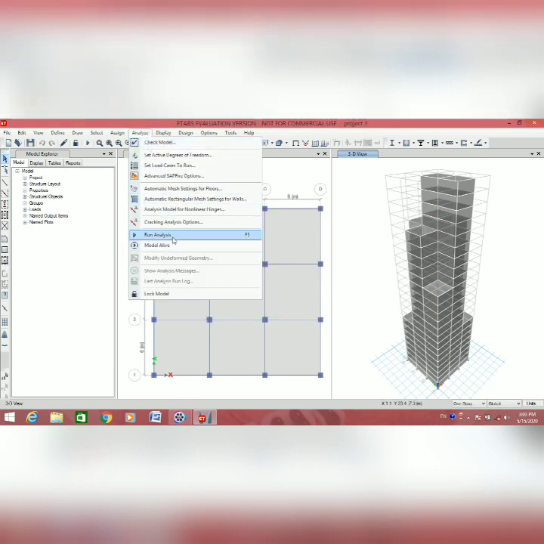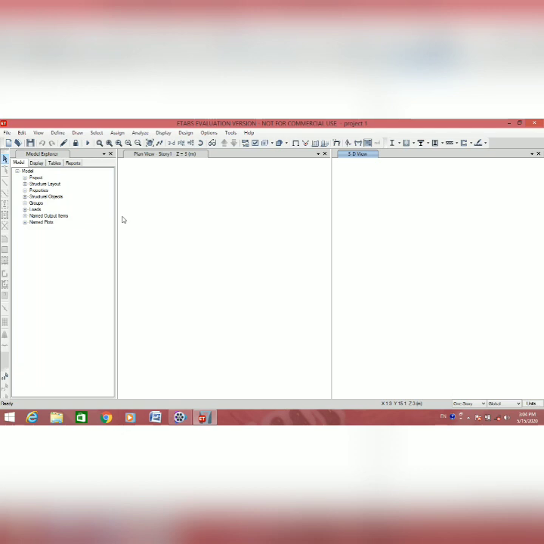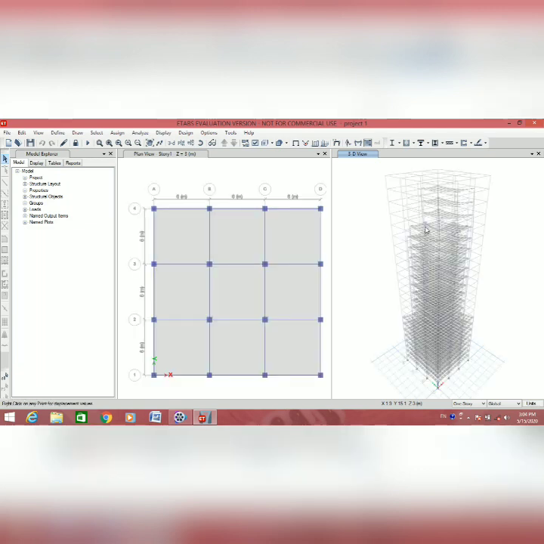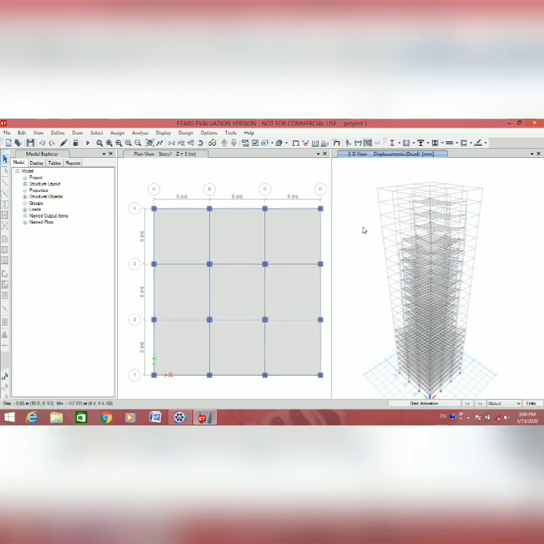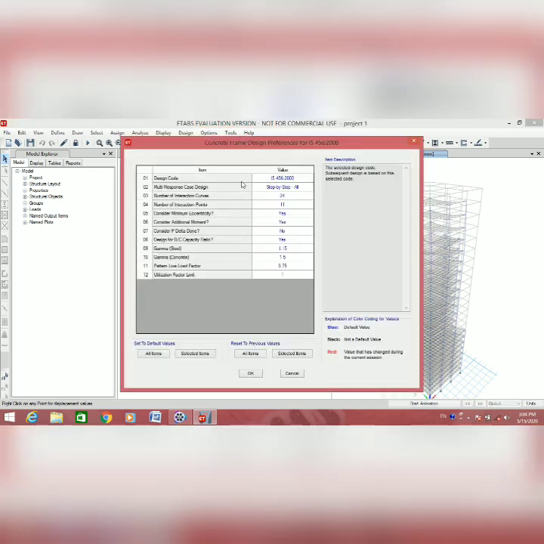Go to the analyze menu and run analysis. The analysis process is done. Go to the design menu, concrete frame design, view revise preference, and make sure IS 456 2000 is selected, and click OK.